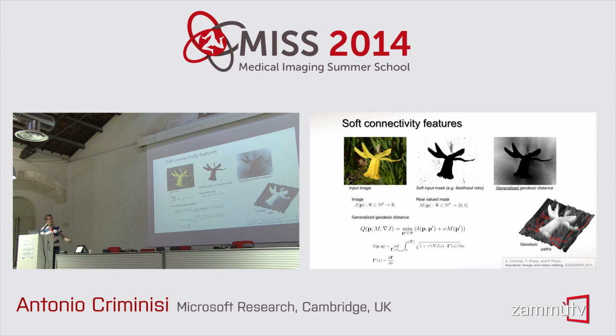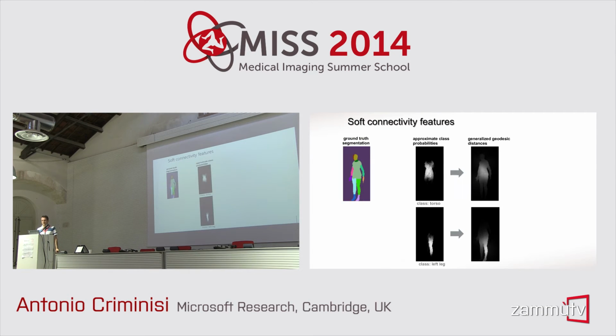Don't worry about the equations, the maths is actually quite simple and very easy to implement. But how do we use it? Imagine that we are in the Kinect world and we're talking about a Kinect-like type of application. So what we want to do is recognize a human body and assign 31 classes to all of the pixels.